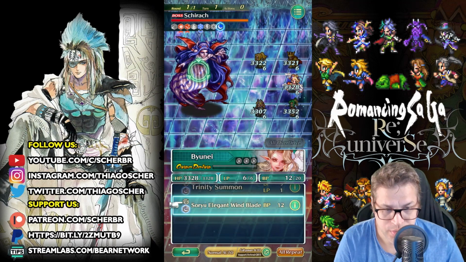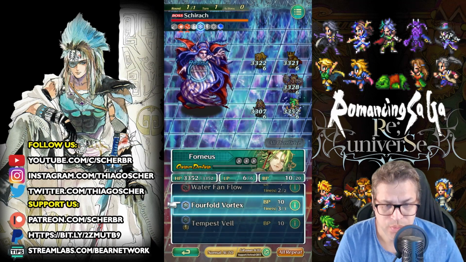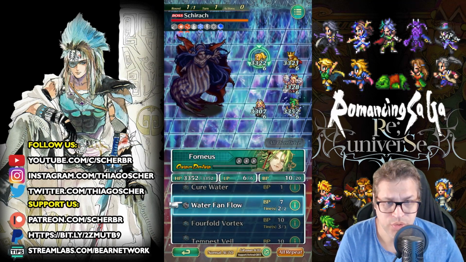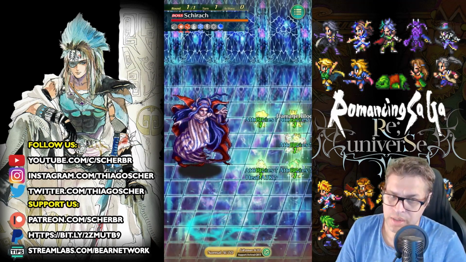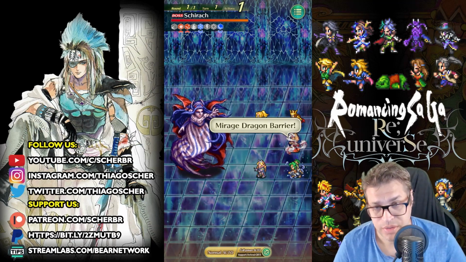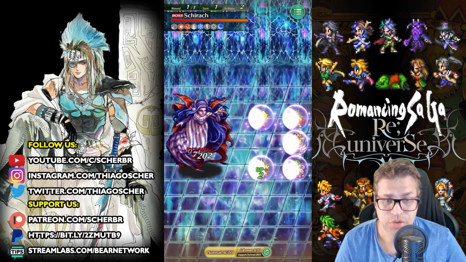Byunei will be using her second skill first, Mirage Dragon. And Forneus, well, you can use Water Fan Flow right on start. This will increase the damage of Therese, for example, and also give you a chance of defense boost. Then later I will be using his fourfold vortex to give extra BP, and his skill tree to apply guard